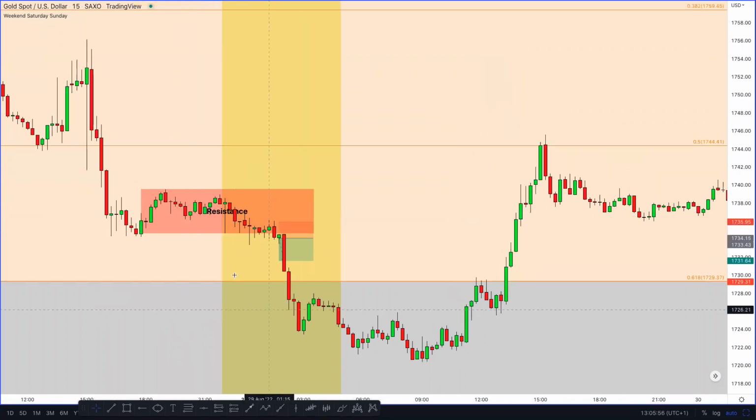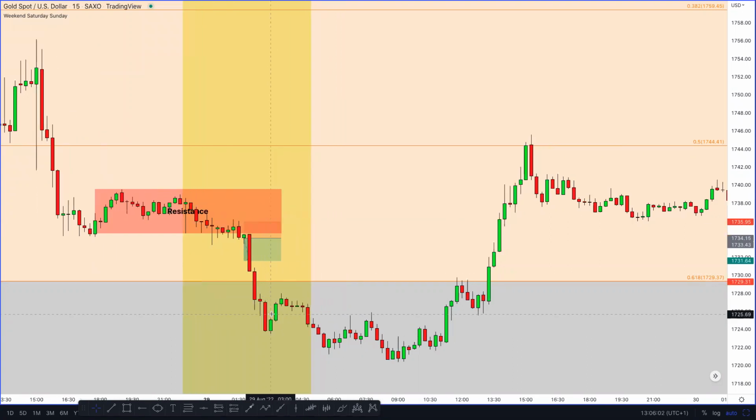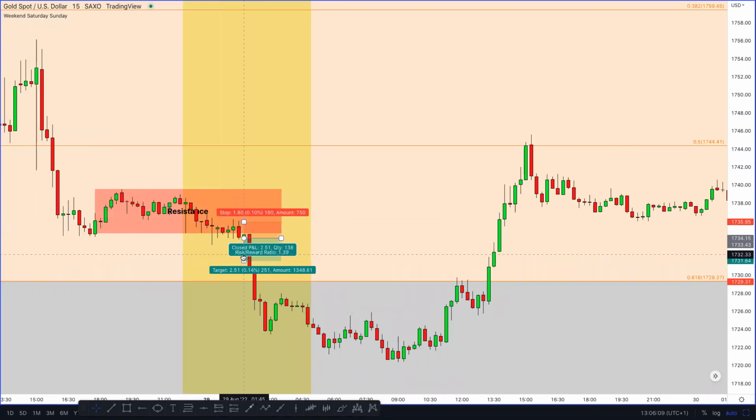I'm not going to get fancy and start telling you to make sure you take 1 to 4s and you get down to this point. It's up to you how you take this. This is scalping. You're in and you're out. So if you want to take 15 pips from this and you're cool with that, it's up to you. But I say around about 25 pips is just a good number.